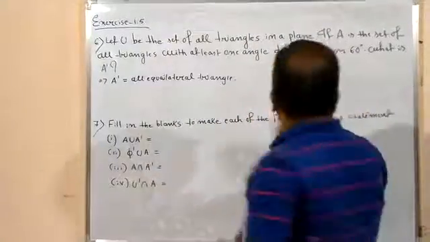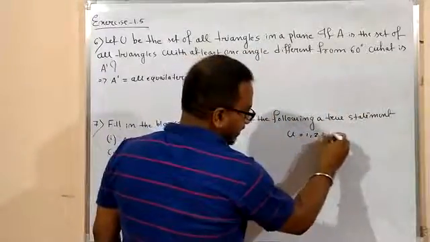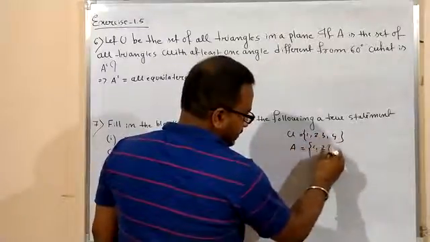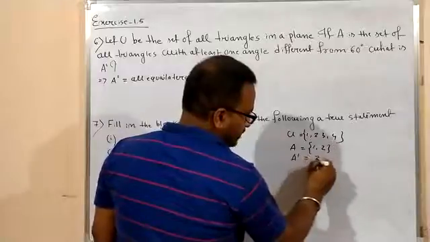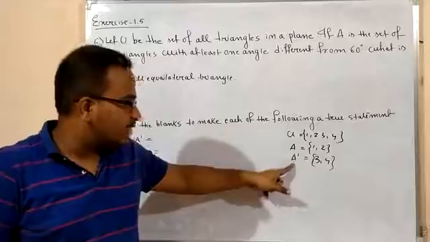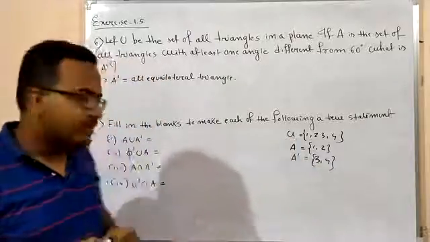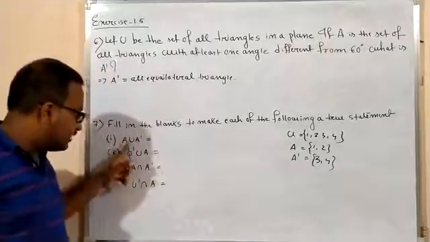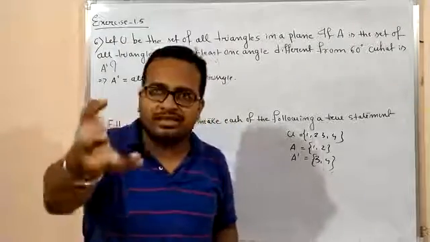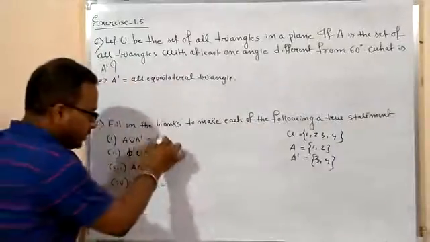That means suppose we take one example, suppose U equals 1, 2, 3 and 4, right? And A is what? A is 1, 2. Then what will be A complement? A complement will be 3 and 4, right? So if you take the union of A and A complement, it will be 1, 2, 3, 4, which is nothing but your universal set. Okay? So A union A complement मतलब किसी भी सेट का अगर आप यूनियन लेते हो उसकी कॉम्प्लीमेंट के साथ, that means you are going to consider the whole universal set. Okay, so this is your U.